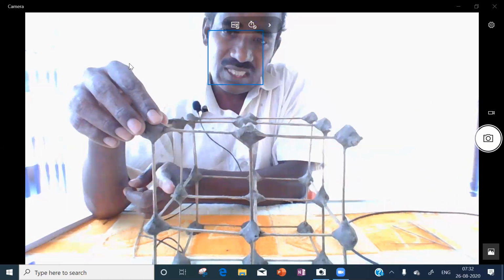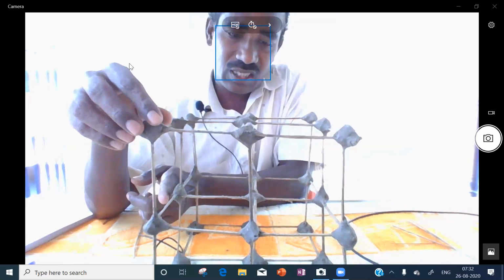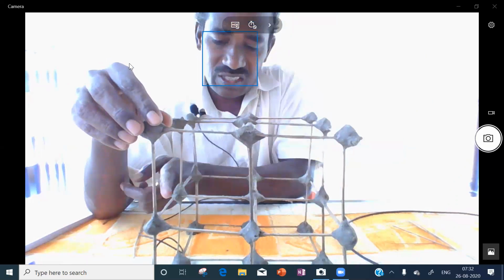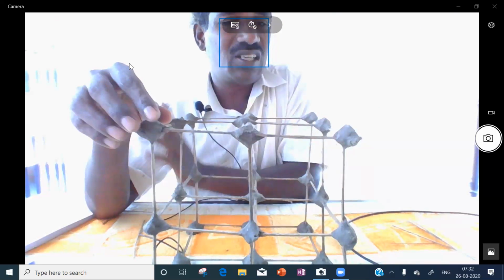By joining this corner and these three face centers, we will get a tetrahedron.